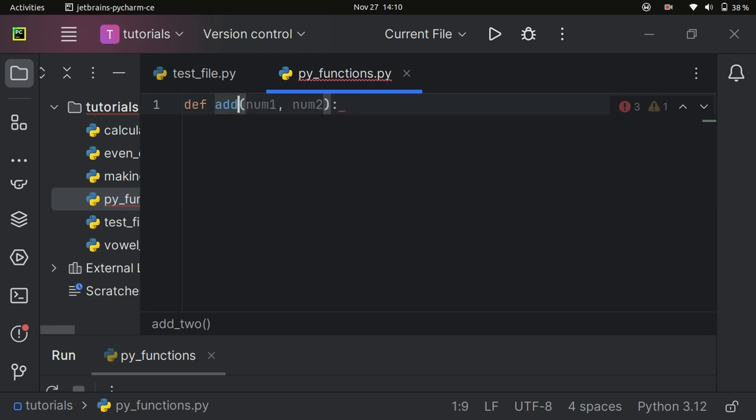I can do something like add2. Yes, it's correct, but sometimes I really don't fancy using numbers within a function name, so you just write add2, and that's it. Then I'll hit my enter key. Right now, where this cursor is located is the body of the function. We are within the body of the function. It is here you write